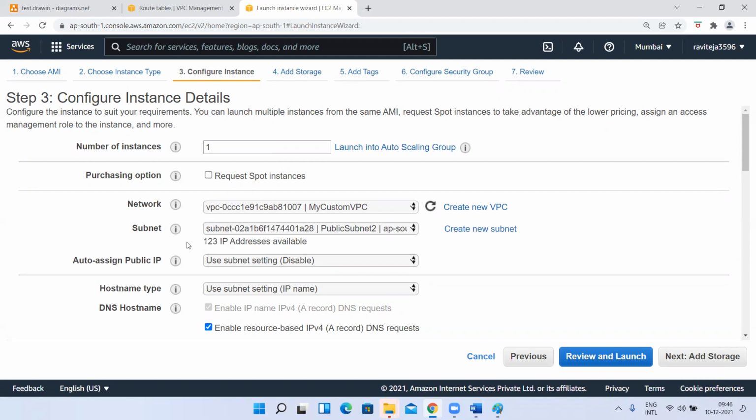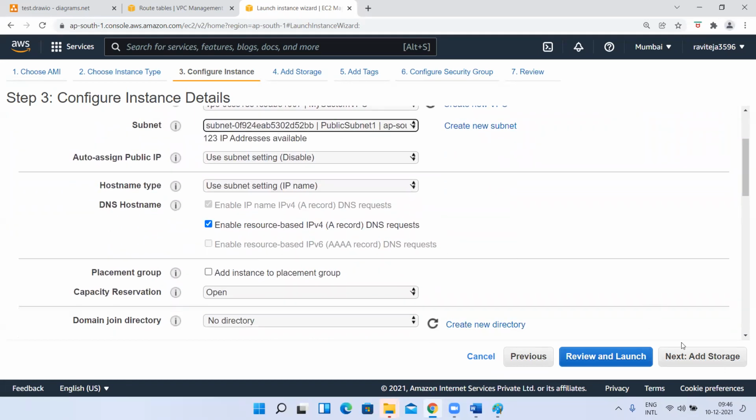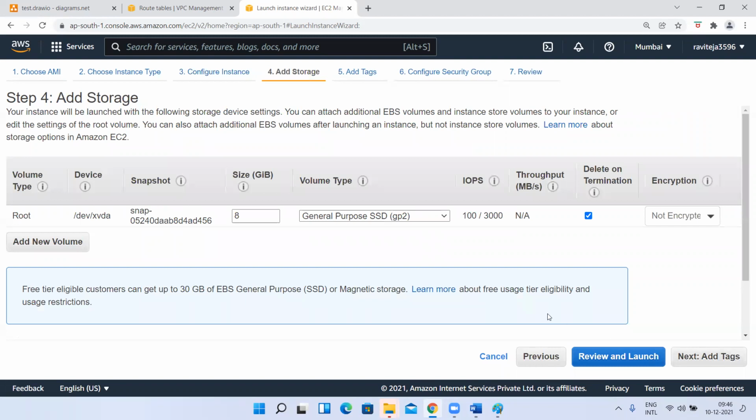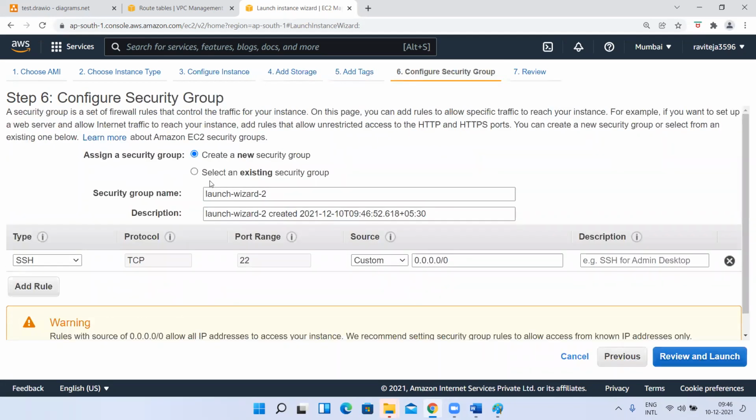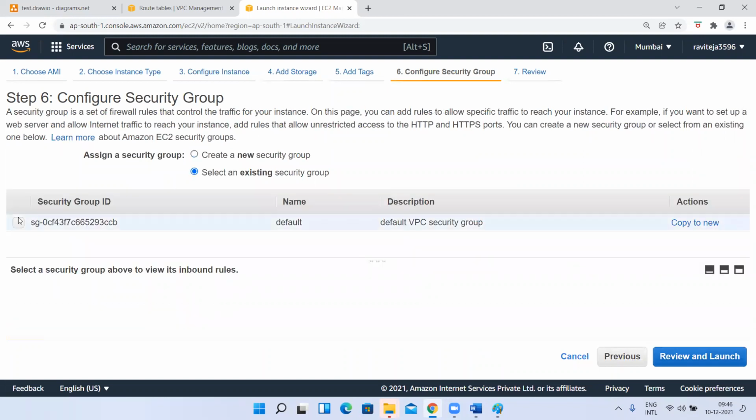So from that 123 IP addresses, we gave 172.31.something. In that 128 range only, our EC2 instance will get one IP address. Okay, I'm creating this. Next. Yes, for any range, it will take only 5. If you give 10 or 200 also, it will take 5.